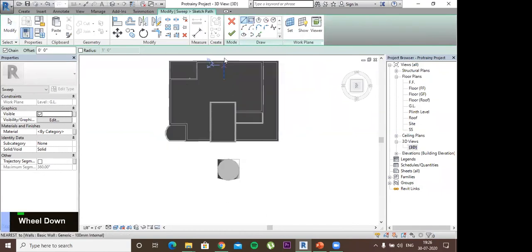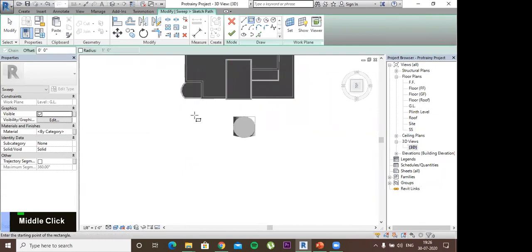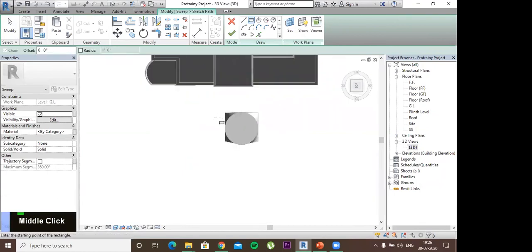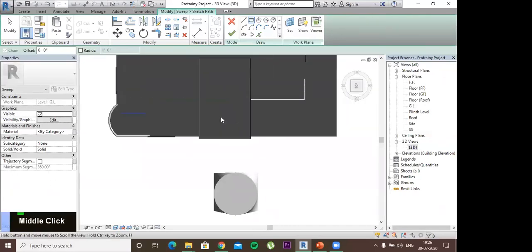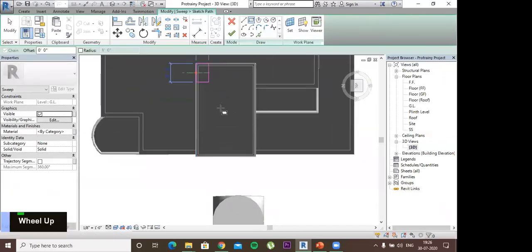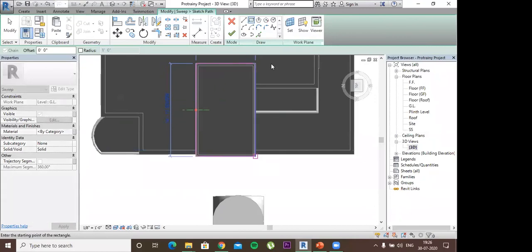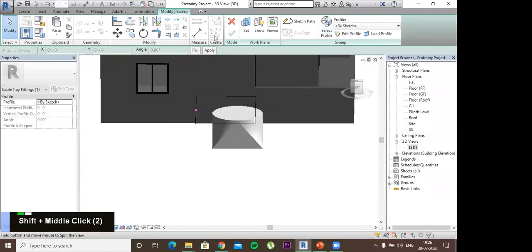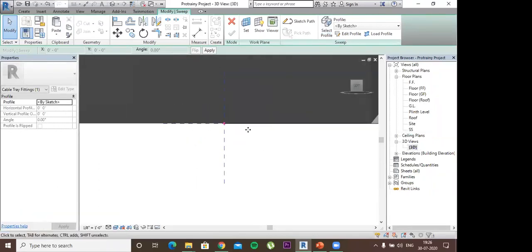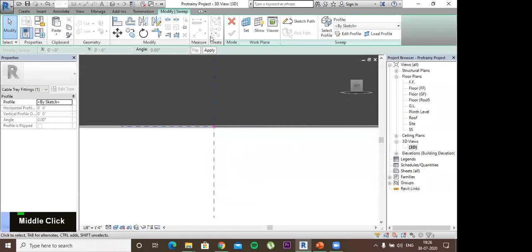So suppose I have selected this path, or I want a boundary on this roof. So I'll select the roof part. Okay. Then I'll click right. Then I have to select the profile. So I'll go to Select Profile.